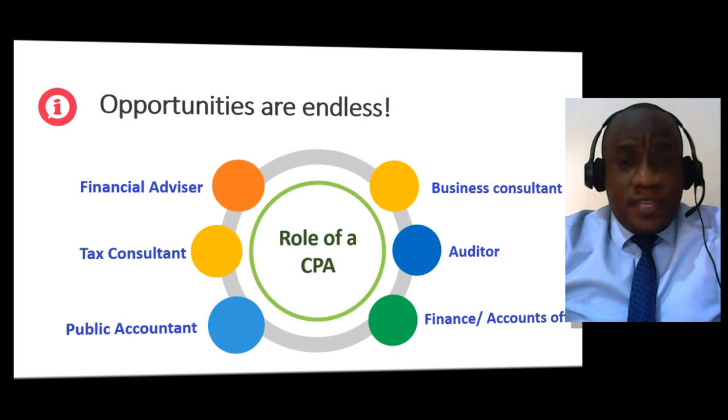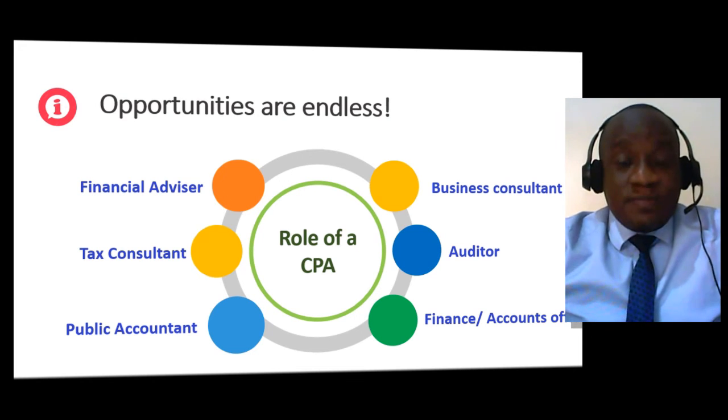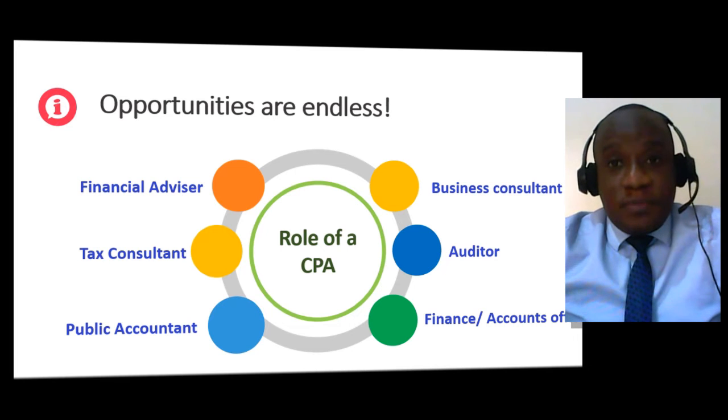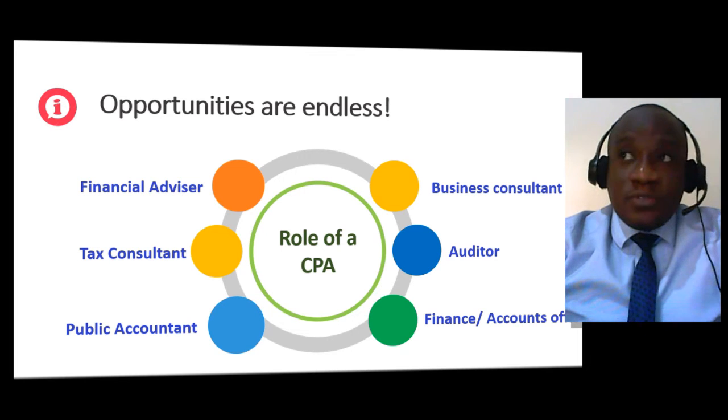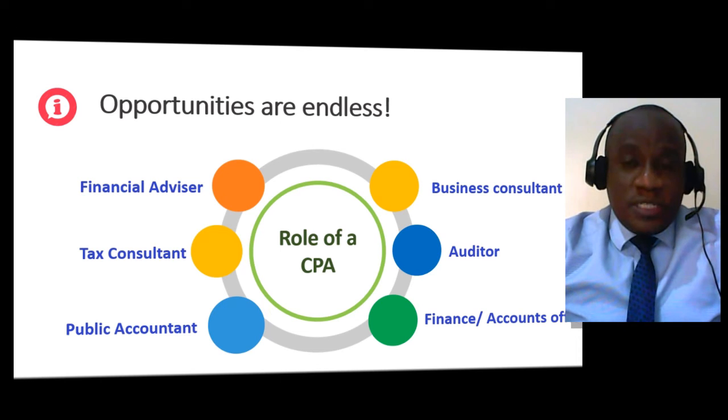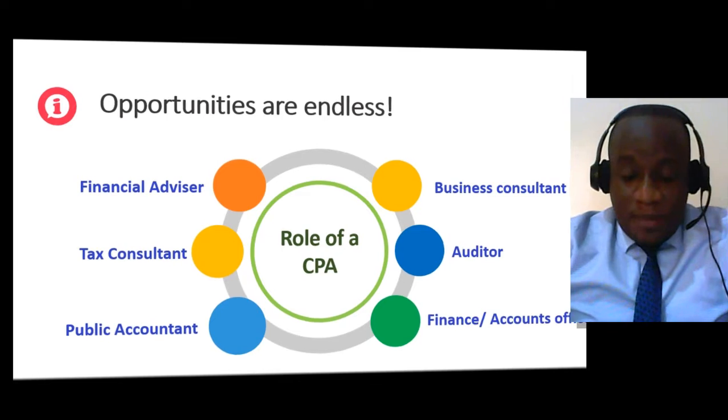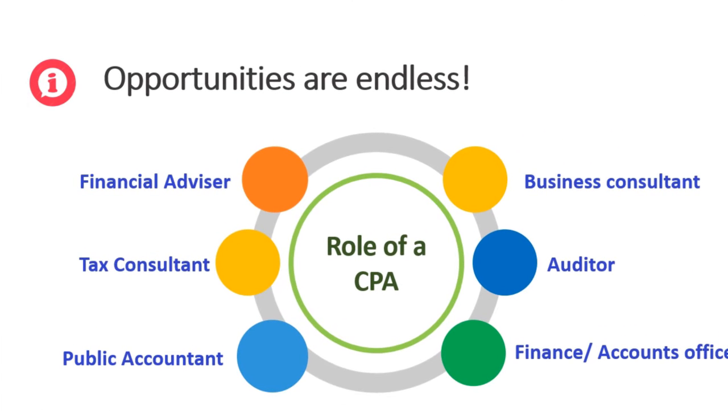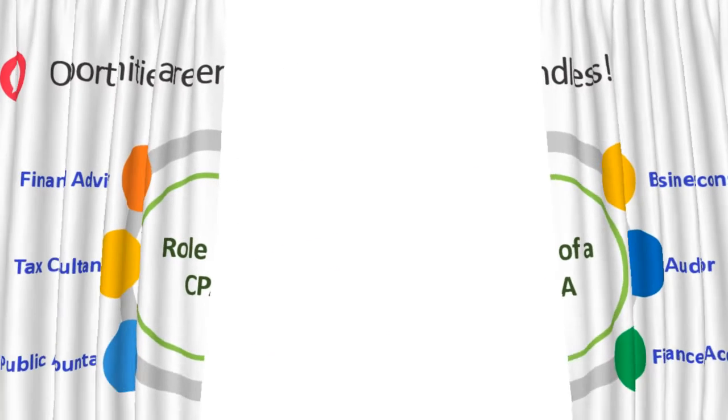If you don't have a CPA, you find yourself limited in a number of ways. You may be employed, but you may not take up certain positions because of that limitation. So for you to do away with the limitation, you need to enroll for the Certified Public Accountants of Uganda course so that you can improve on your competitive advantage and be able to compete with others. So ideally, what is the structure? What is the examination structure?